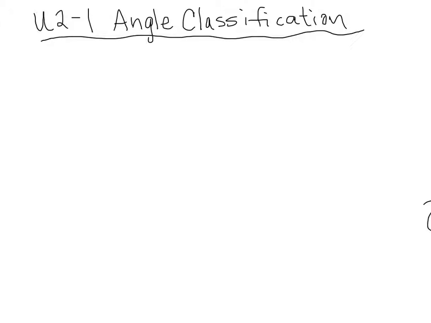Now let's talk about how we would classify pairs of angles. So 2 angles together, like what their relationship is to one another. Okay, so for our second bit of notes, let's say,